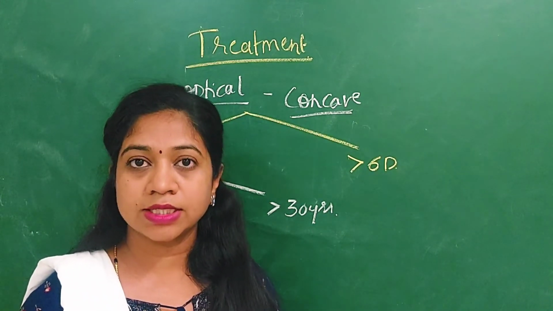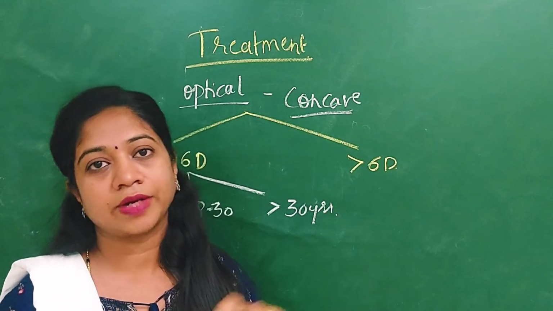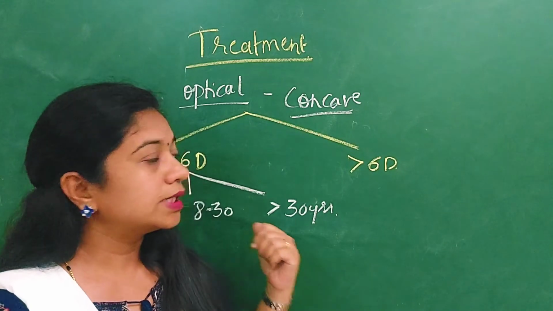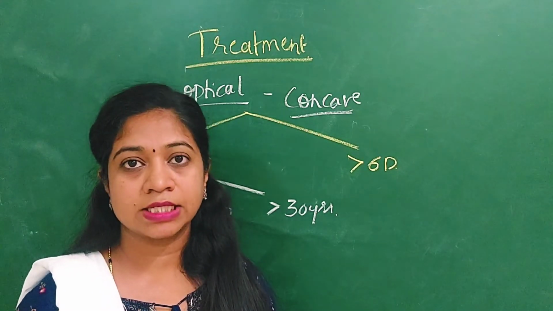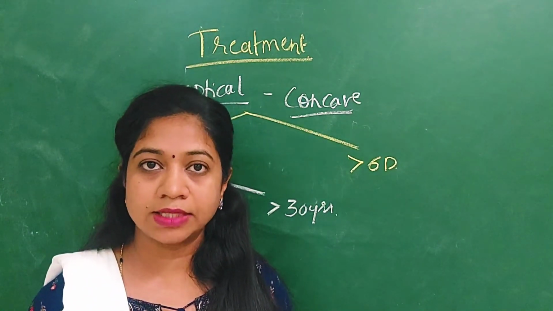The refractive surgeries which are involved in myopia will be discussed in a separate video, which will cover the refractive surgeries for all, that is myopia, hypermetropia and astigmatism. The next treatment is usually the dietary changes, like giving plenty of vitamin A supplements, and food which is rich in vitamin A.